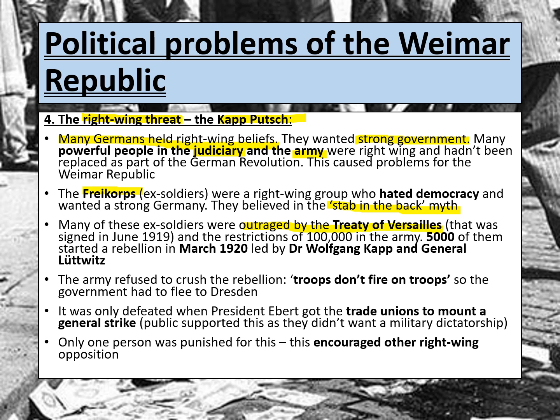Now, the Treaty of Versailles was signed on the 20th of June 1919, and of course, by the time the Kapp Putsch breaks out, it's March 1920, so it's shortly after. And these men that are part of the ex-military are essentially so angry and outraged at the fact that the military has been cut down to 100,000 men in the army in particular. That meant that they were willing to go against the government and overthrow them for their role in the Treaty of Versailles. So 5,000 of these men originally started the rebellion, and they were led by Wolfgang Kapp and General Luttwitz.